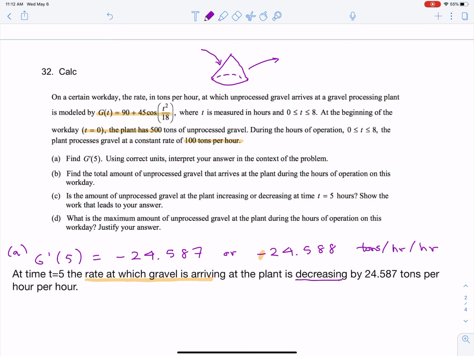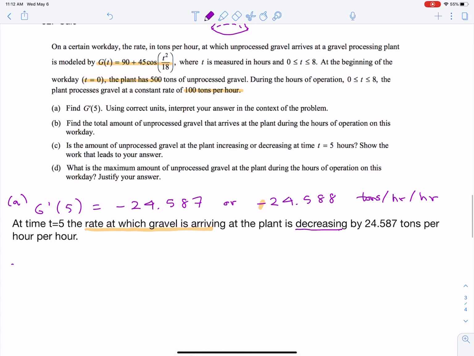Okay. B. Find the total amount of unprocessed gravel that arrives at the plant during the hours of operation. So they're just asking us how much unprocessed gravel arrives during hours of operation. They're not caring about the processing at all here. So what I'm going to do is I'm going to take